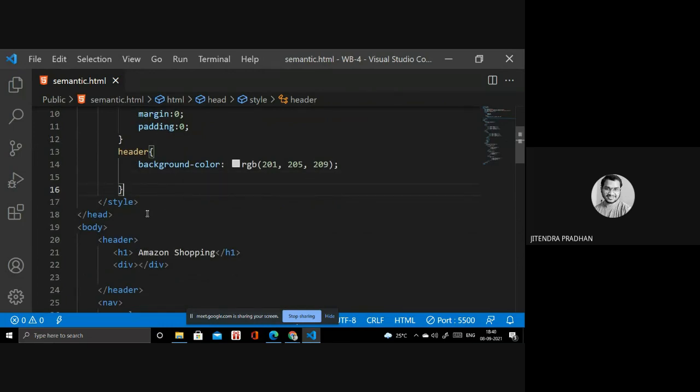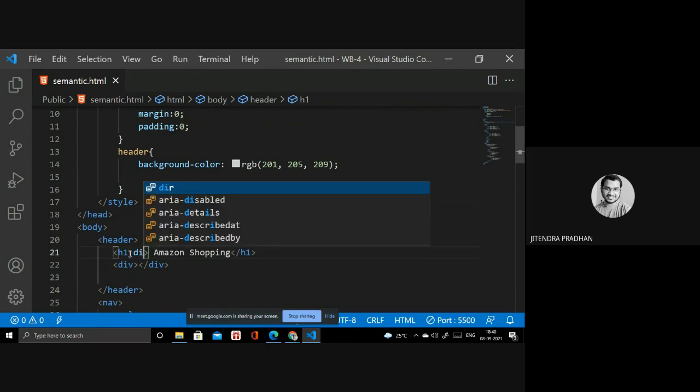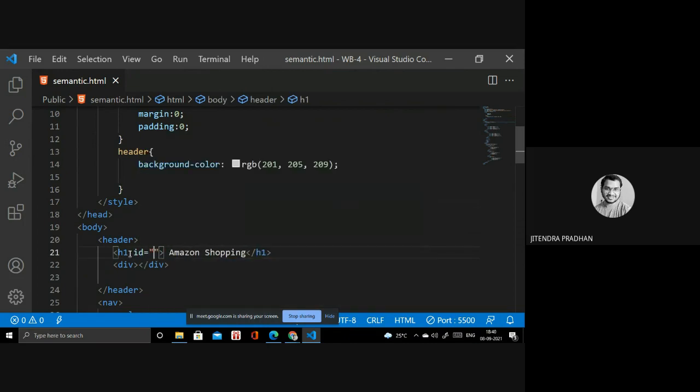So for the H1 you have to write an ID, like logo or brand name. Because if I give that to the header, the whole header will be centered. But I want the Amazon website name in the center and the search box on the right side.